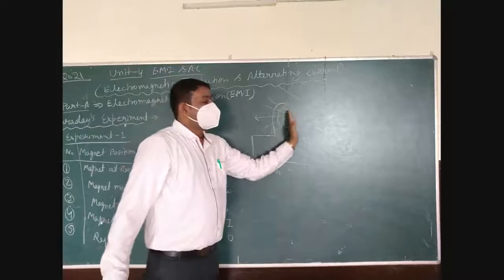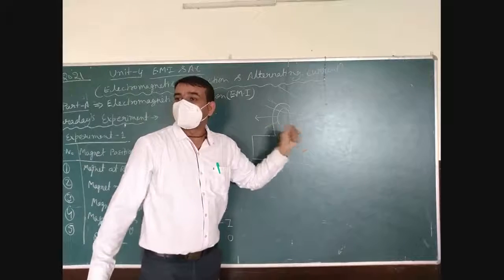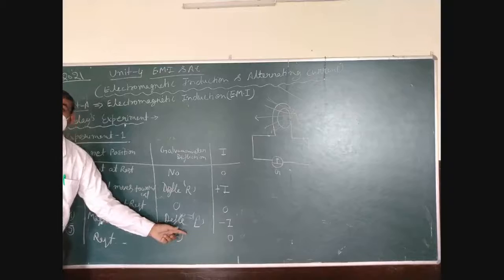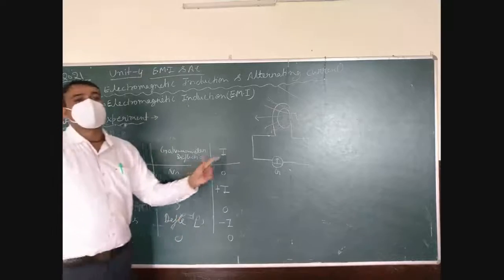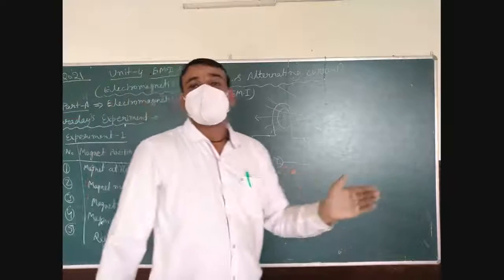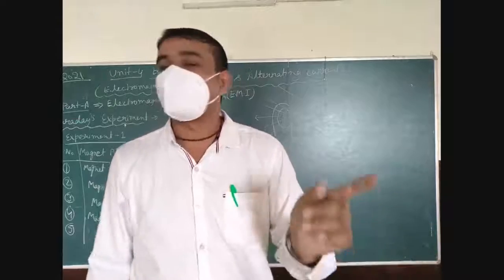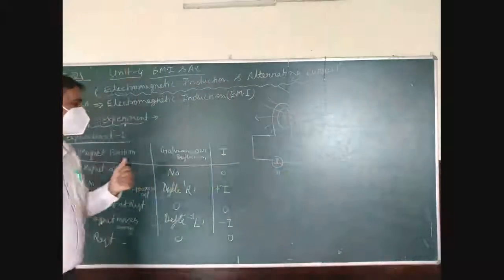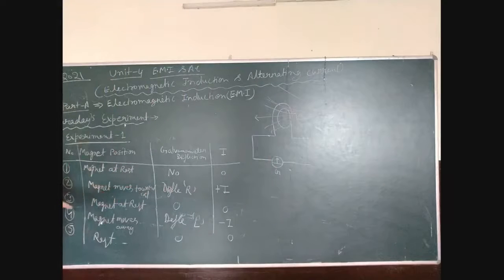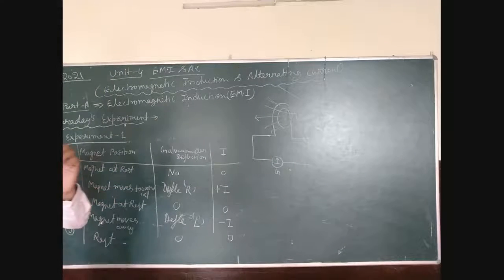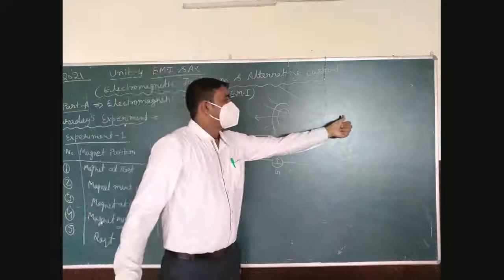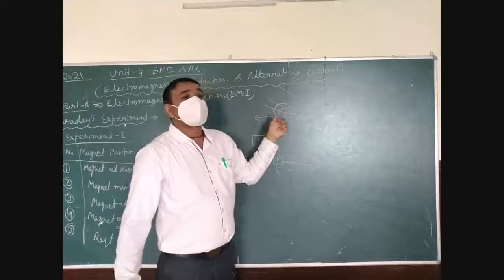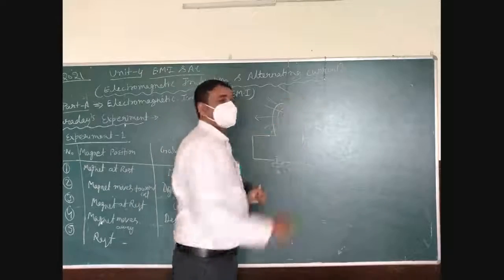And when the magnet moves away from the coil, we observe left deflection in the galvanometer. That means the polarity of current is also reversed as we reverse the direction of motion of the magnet. Clear? This is first. In this, one important thing is that when the magnet is moving towards the coil, the coil generates its north pole